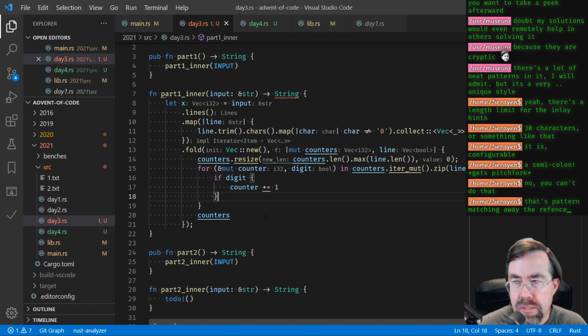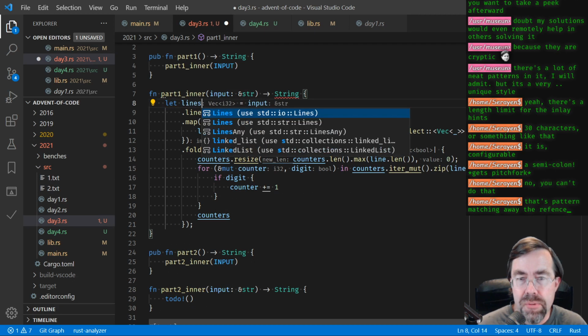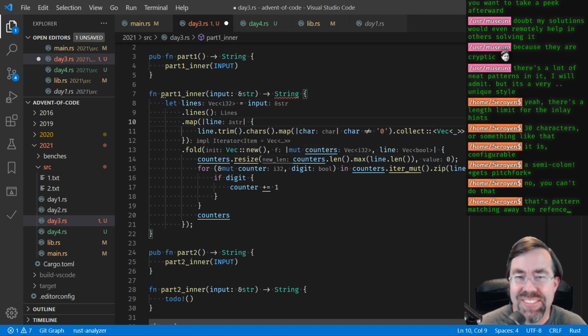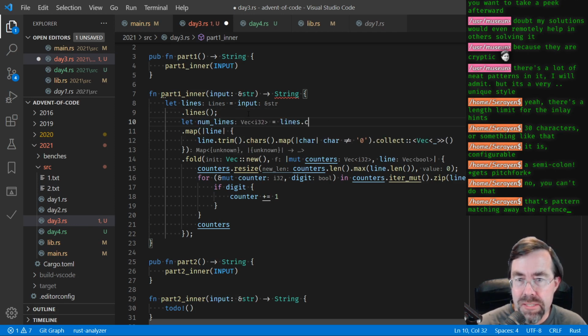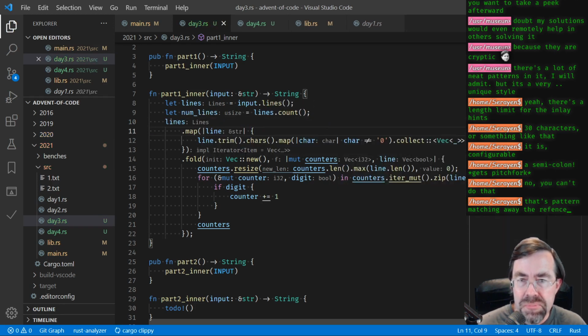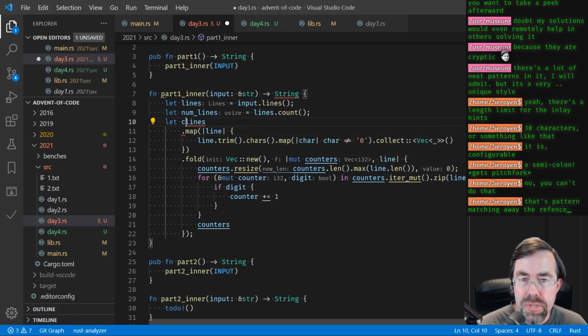And then at the end, we have to see if the counter is greater than the number of lines over 2. So that means first I need to collect the lines so I know how many there are. I hate doing this because now I'm going to get another semicolon. So let num lines equals lines count, and then lines. I'll just call these counters,